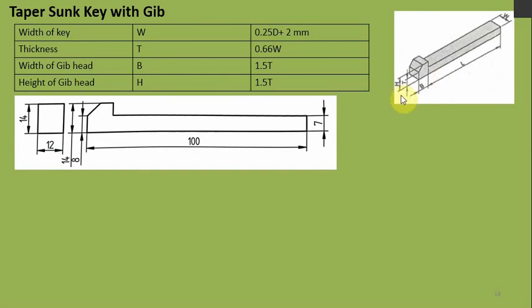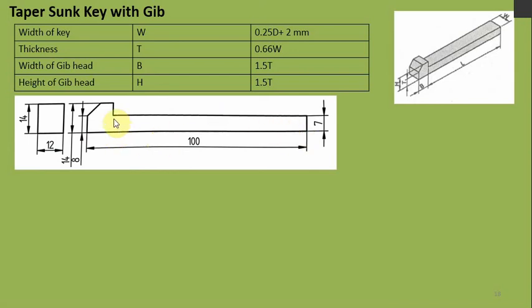So the distance B is equal to 1.5 t, that is 14 mm. So this is 14 mm and this total height is 14 mm. Then from here this height is 8 mm. So this point also 8 mm. So what you want to do is from this point draw a 45-degree line that will meet here. So it will come in this shape. So this is the 45-degree, this 8 mm, and here to here it is 1.5 t, it is 14. Then here to here it is 100 mm.